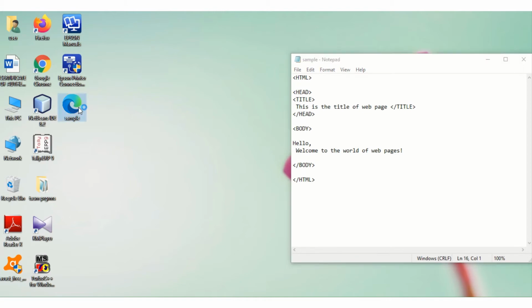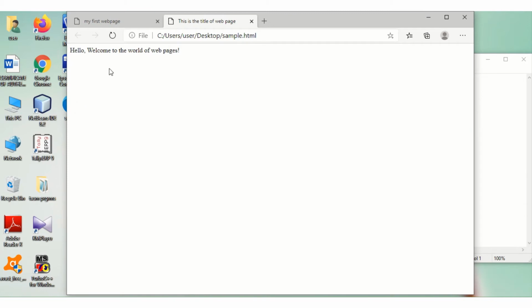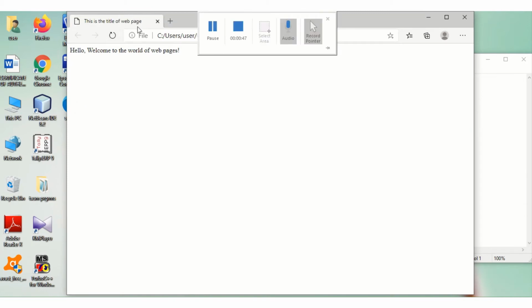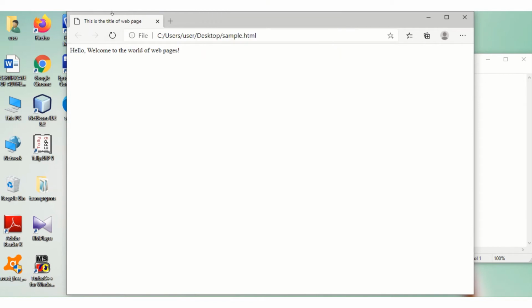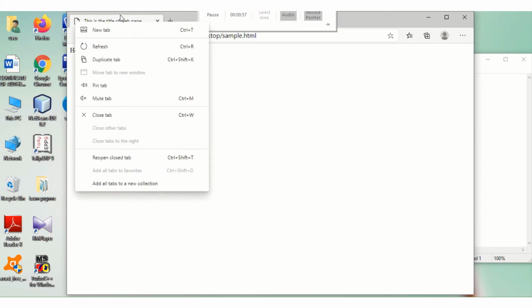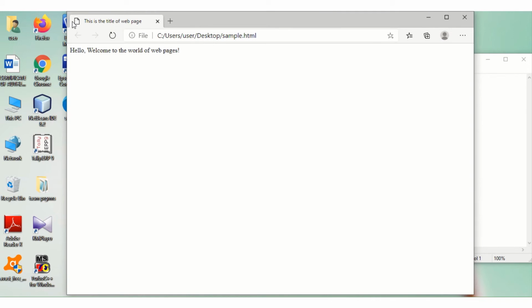Open this sample.html. You can see that this is the title of the web page. Title shows, this is the title of the web page, and the body is, hello, welcome to the world of web pages. If you want to change any of this data,